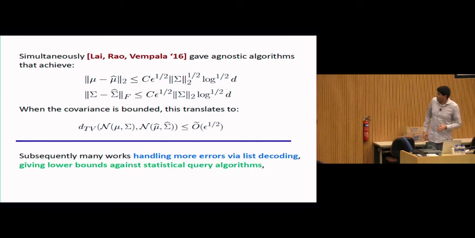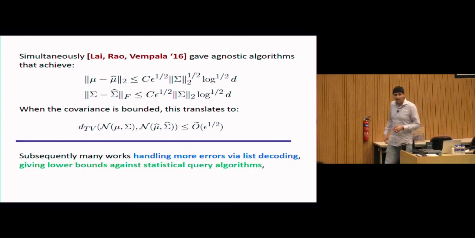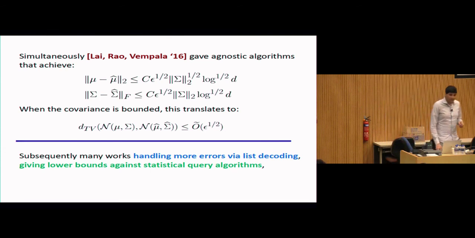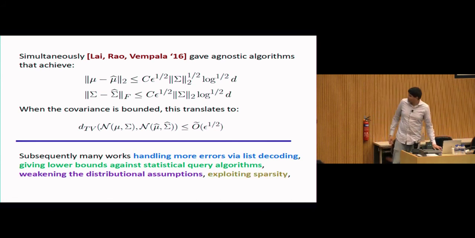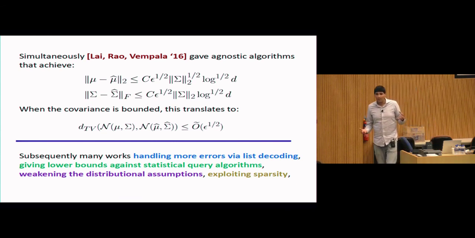You can do lower bounds against certain types of algorithms and show that actually removing all of these polylog factors ought to be hard, that there are tensions between computational complexity and robustness when you talk about restricted families of algorithms like SQ. There are, as I mentioned, ways to weaken the distributional assumptions. There are ways to combine notions of sparsity. So what happens when I know that the unknown mean mu is sparse?